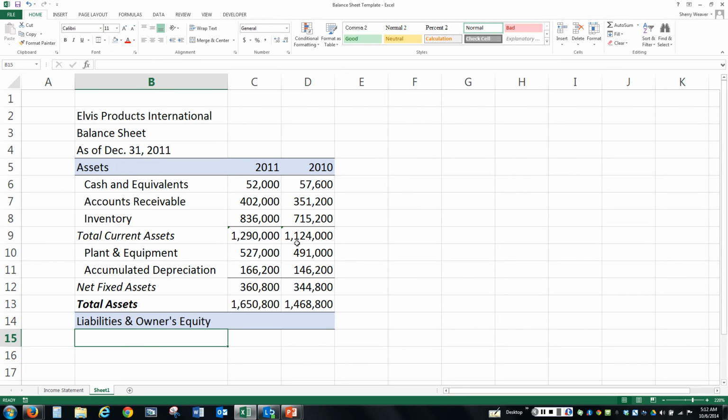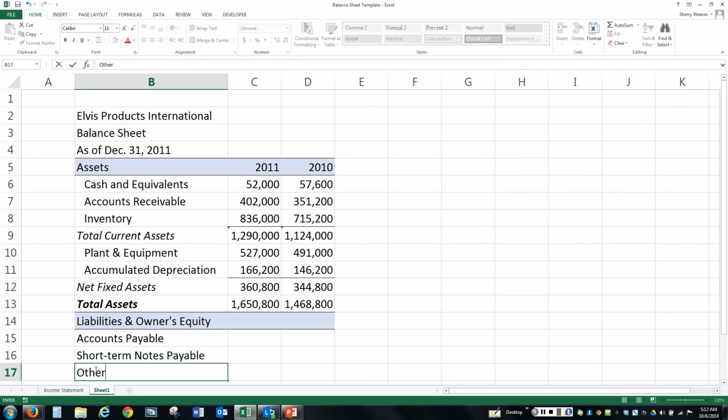But then we're going to talk about our liabilities that are current liabilities. So these are liabilities that we generally have to pay off in a year. So we'll start with these. And the most recent ones are usually accounts payable. And then if you have any short-term notes payable,